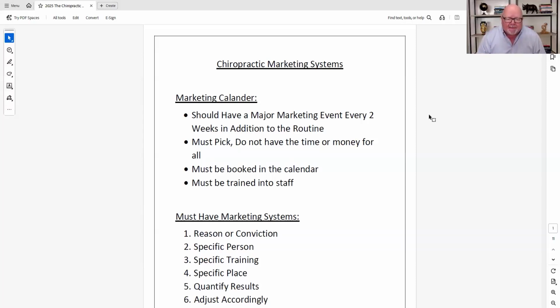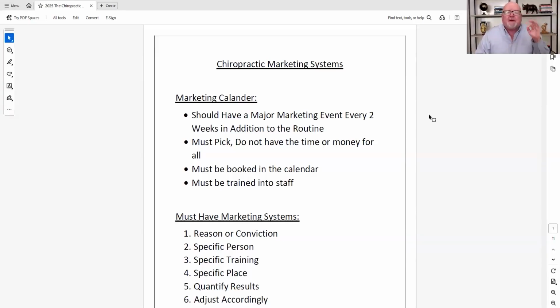Okay, so having said that, what I always suggest is don't hide the marketing calendars. A lot of times doctors put it in the calendar in their computer. And I'm like, well, that's okay, but I don't recommend that, because too many times the doctors never even look at it. So what I did with my doctors is I had them get a 12-month calendar from Office Depot. You can buy these at Office Depot. You can buy them online. That gives the 12 months of next year. It's plastic, like a plastic poster, and then you can use your dry erase pencil to write in the marketing systems.